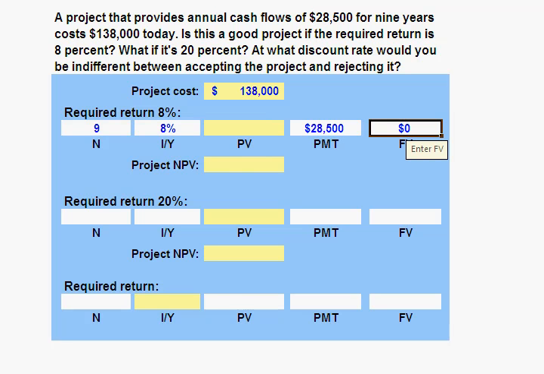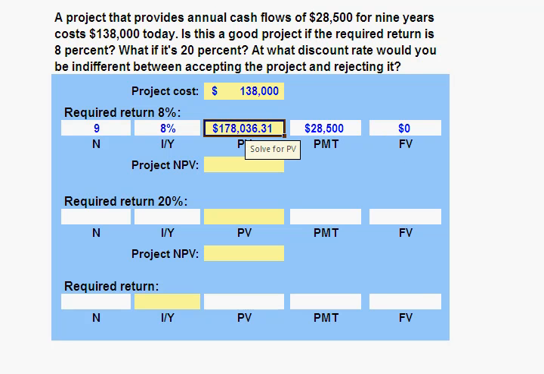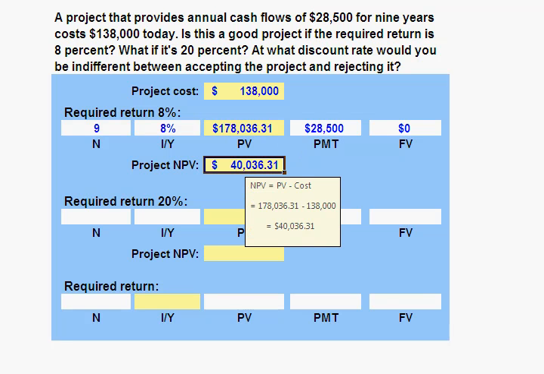Now we can solve for the project's present value. We get a present value of $178,036.31. The project's net present value is its present value of $178,036.31 minus the initial cost of $138,000. At an 8% discount rate, our project has a positive net present value of